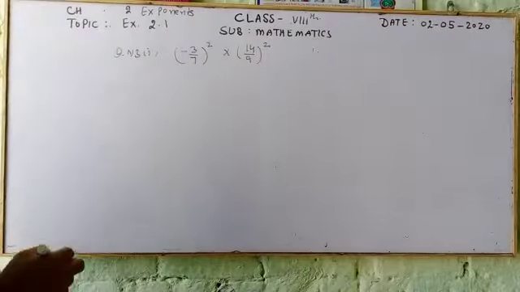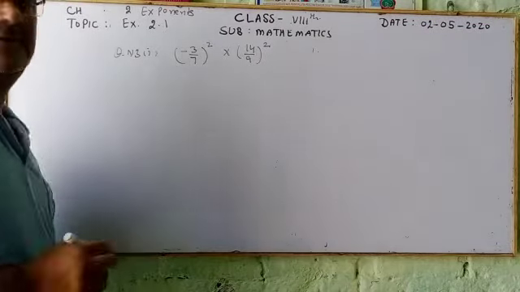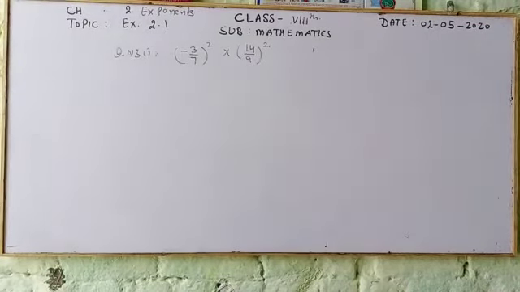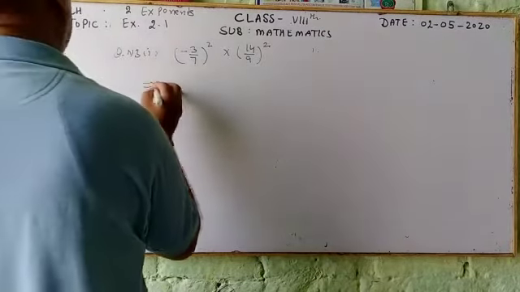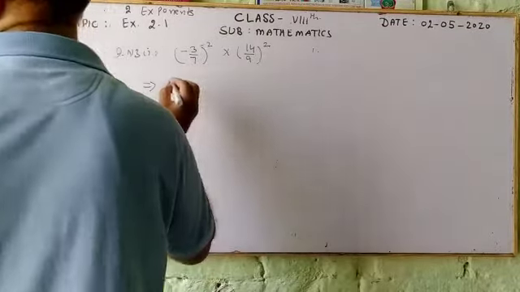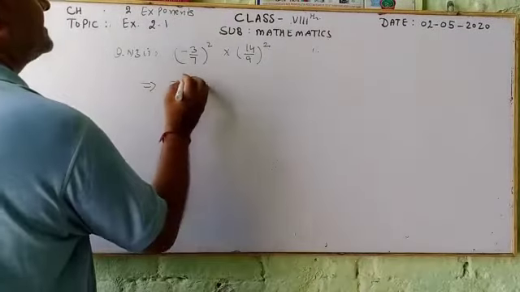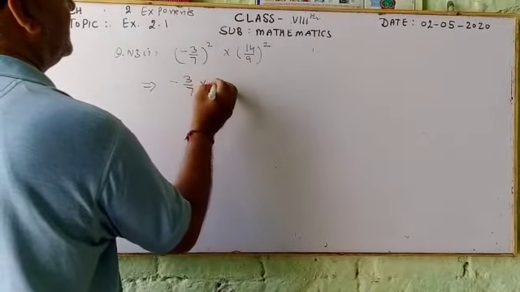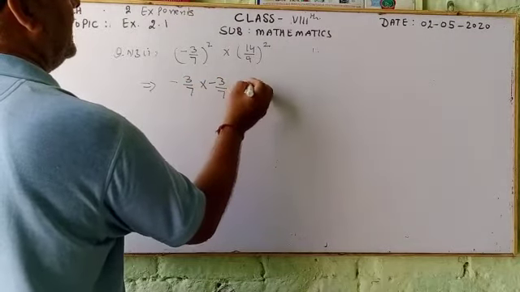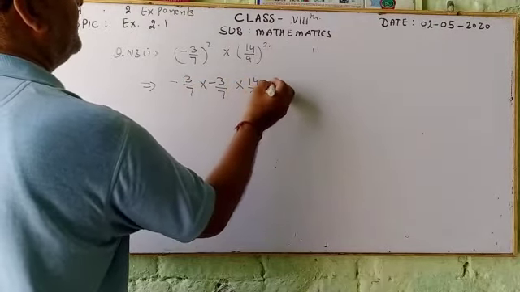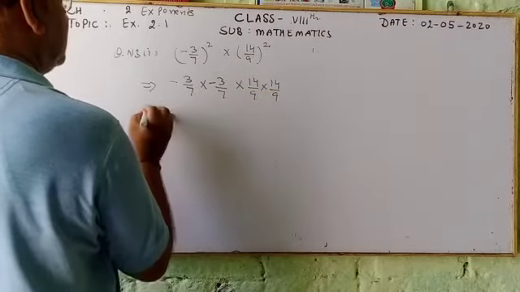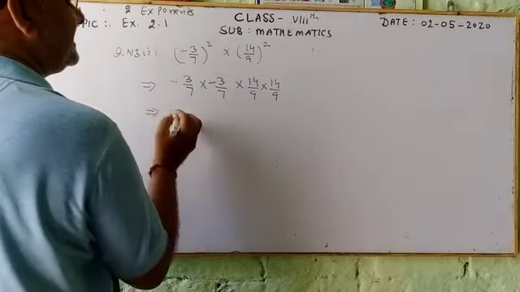So we write, express in rational numbers. We get minus 3 upon 7, written 2 times, and 14 upon 9, written 2 times. So we get minus minus plus,